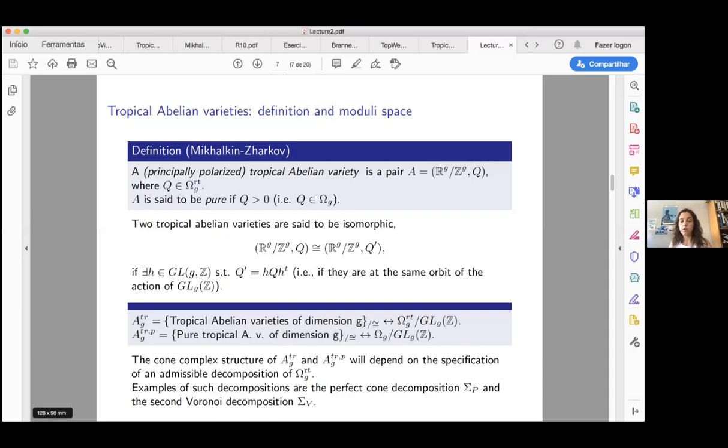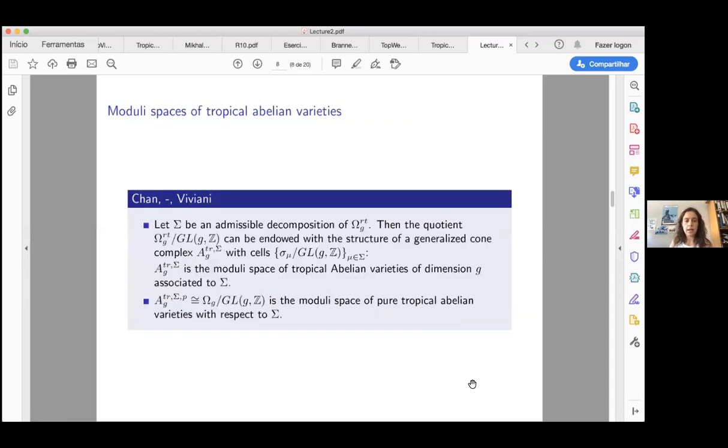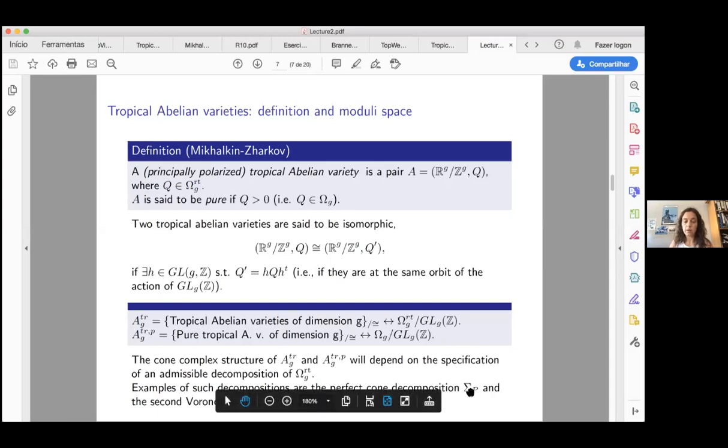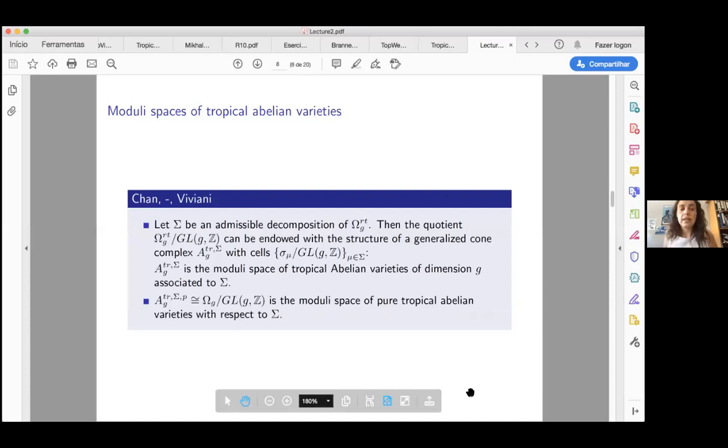The perfect cone decomposition, which we're going to denote with Sigma_P, and the second Voronoi decomposition, which we will denote with Sigma_V. And the reason why we want to see these two decompositions is that these are the two decompositions for which the classical Torelli map will extend to the moduli space of compactified abelian varieties. Okay, so before telling you about Sigma_P and Sigma_V, I want to tell you that indeed,